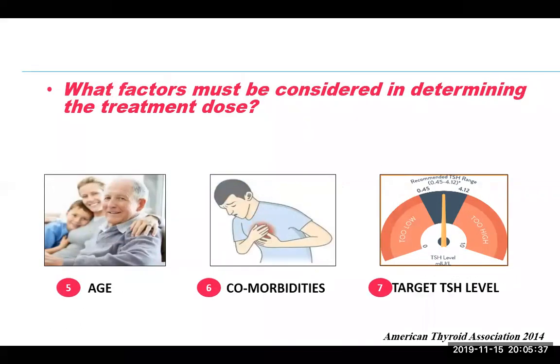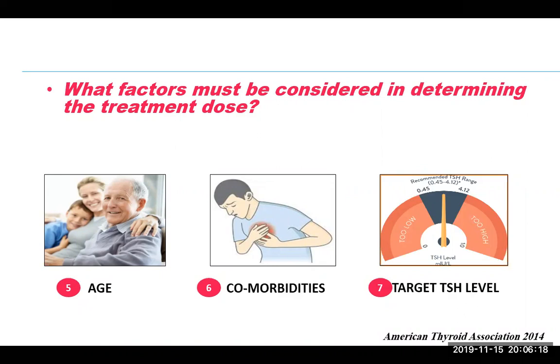Another factor that must be kept in mind before treatment of any case of hypothyroidism is the patient's age, because in the elderly, in any patient age more than 65, you must start with a low dose of levothyroxine. Don't try to replace with a full dosage. But in the young patient, you can correct with a full dosage of levothyroxine. Also, comorbidities can affect your starting dose, because in ischemic heart disease, you must start with a very small dose and upward titration every 2 weeks.